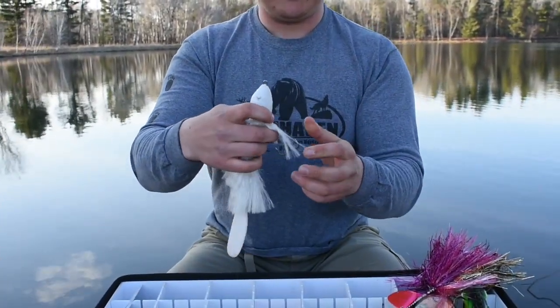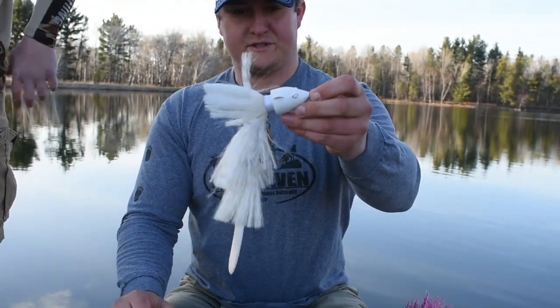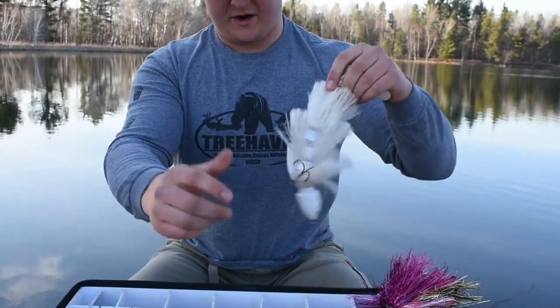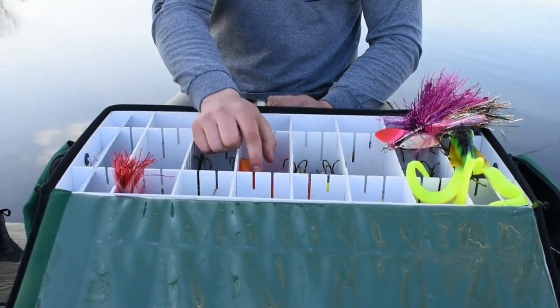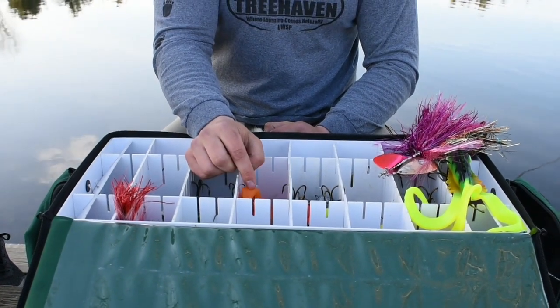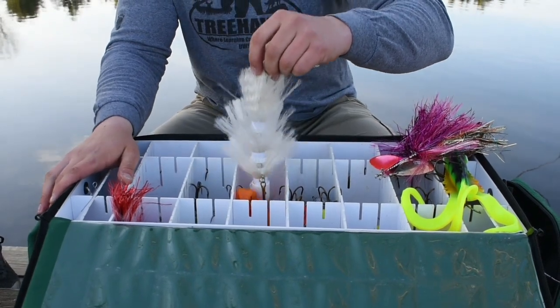They're not the cheapest lures. They can be quite pricey, but they look quite cool in the water. This is their normal size, I believe, and they have 2 sizes bigger than this. They come in all sorts of different colors. I have a white one, and then I have an orange one in here. Funny story about this orange one. I bought it, we went fishing, probably 20 minutes later, and within 3 casts I caught a fish on it. So what does that go to show you? Probably more luck than skill, but...